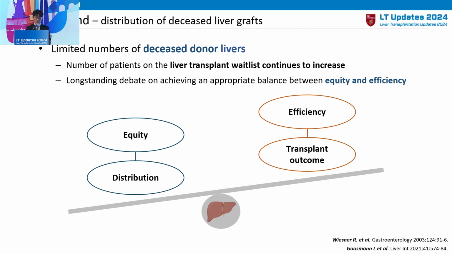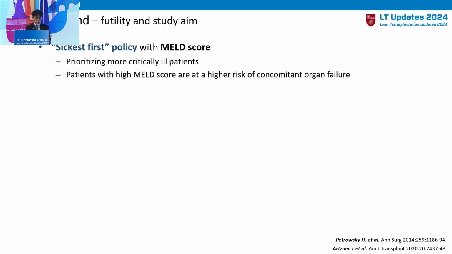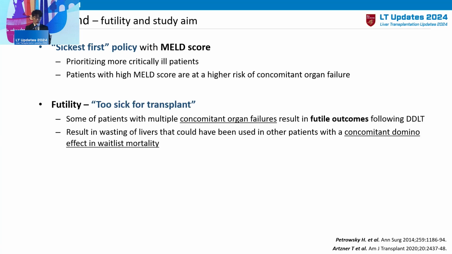With the implementation of the MELD score in the allocation systems, we focused more on equity in organ distribution. Many countries have adopted a sickest first policy, prioritizing more critically ill patients. Given that patients with higher MELD scores, indicating severe illness, are at a higher risk of concomitant organ failure, some of them deemed too sick for transplant could result in futile outcomes after liver transplantation. It could potentially result in wasting of livers that could have been used in other patients, with a concurrent domino effect